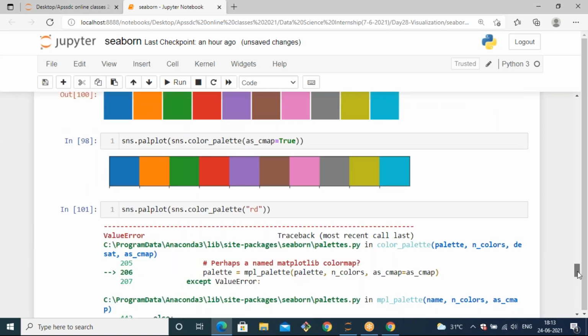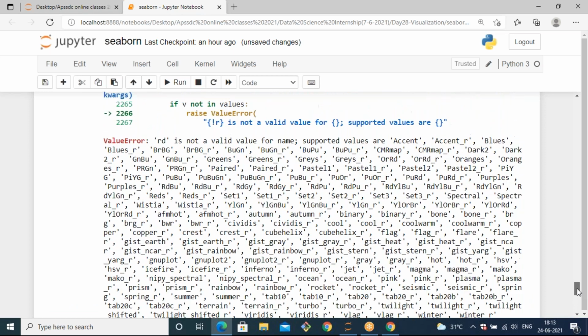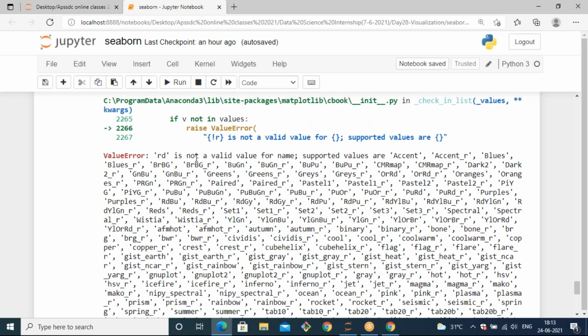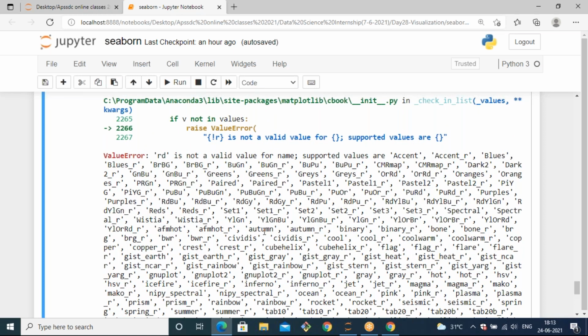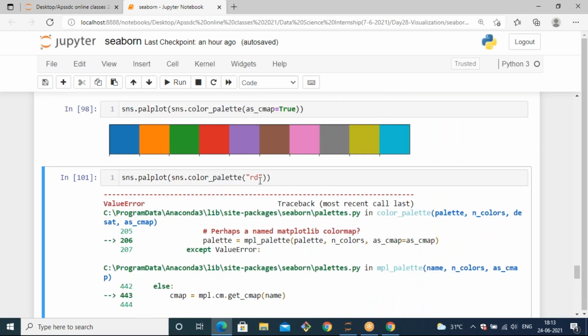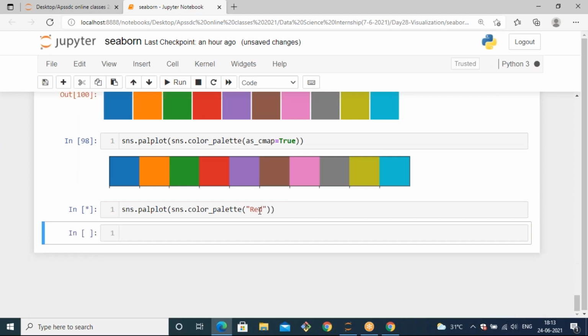When you specify RD, it will raise an error and show the valid parameters or valid colors. These are all the combinations that are allowed. So RD means you need to specify capital RD, I think. If I make it capital RD, that is also not supported.